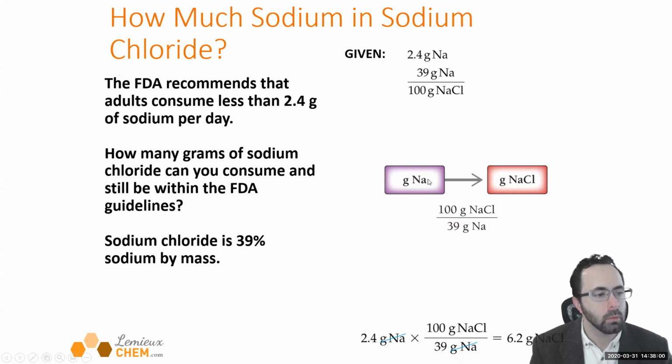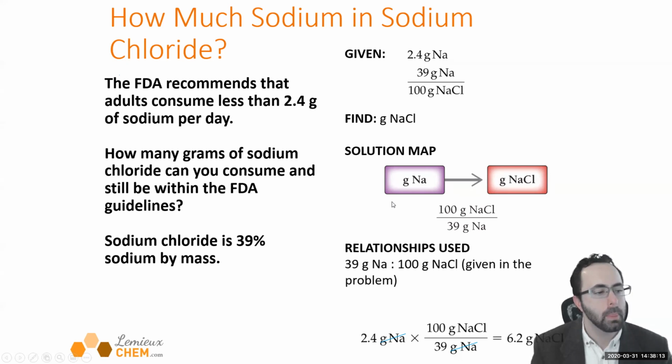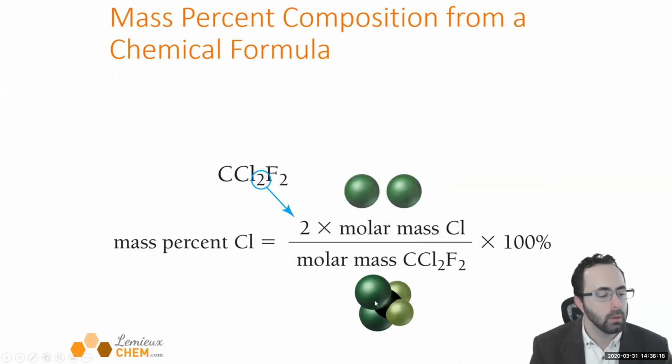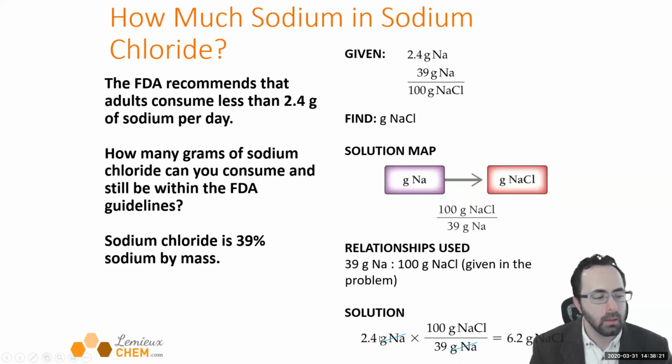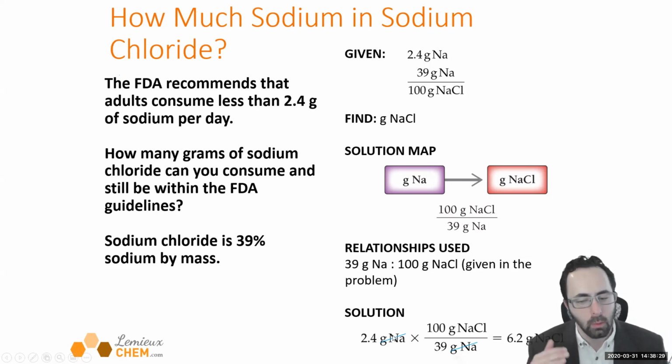What we want to do is go from grams of sodium to grams of sodium chloride. We're given that we can consume 2.4 grams of sodium. The way that we're going to do this is we're going to write down our data. Our data is 2.4 grams of sodium. We know that's our data because it has no equals and no "per" in it. It's just number and unit. Our conversion factor is going to be this one right here,